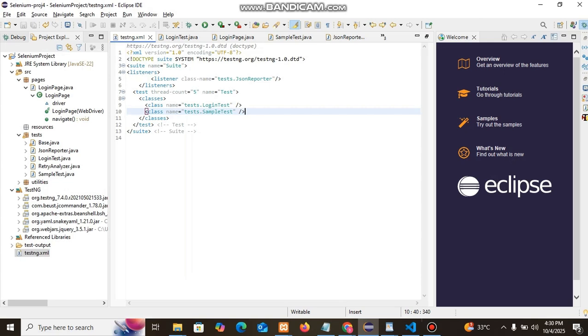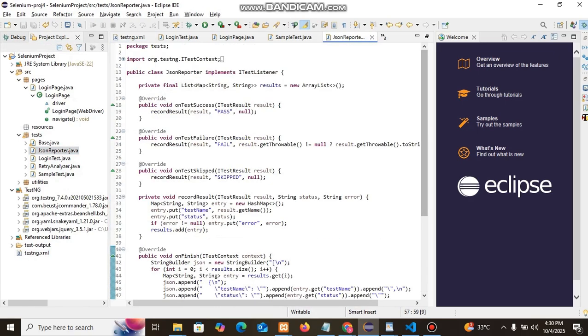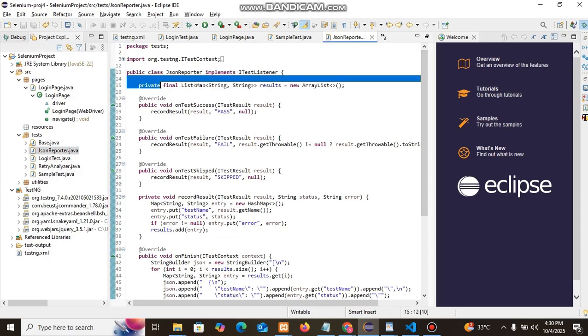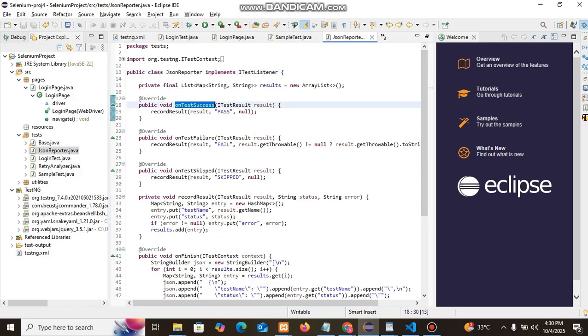So I'm going to design a custom report using TestNG and using HTML and JavaScript. I'm going to generate the report. So we're going to use ITestListener for this JSON reporter class by implementing it, and we're going to use onTestSuccess, onTestFailure and onTestSkipped to generate our